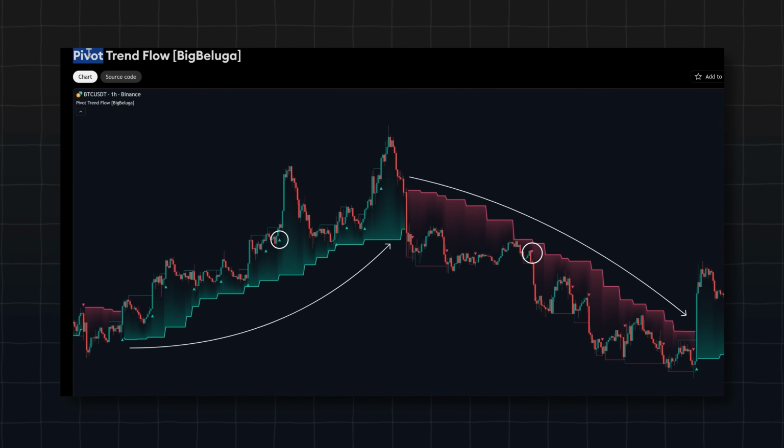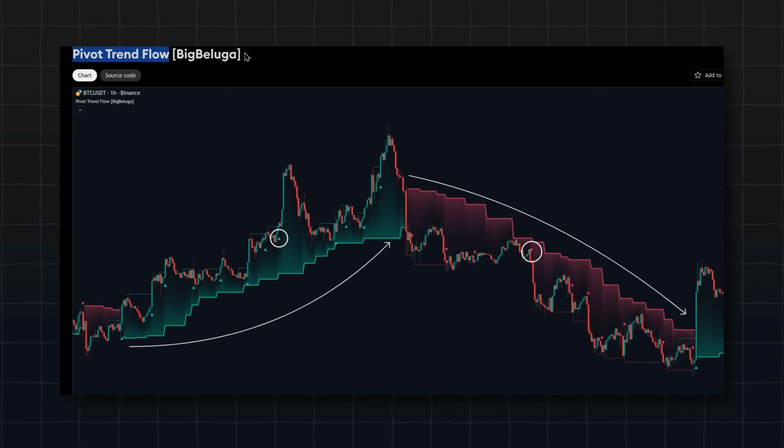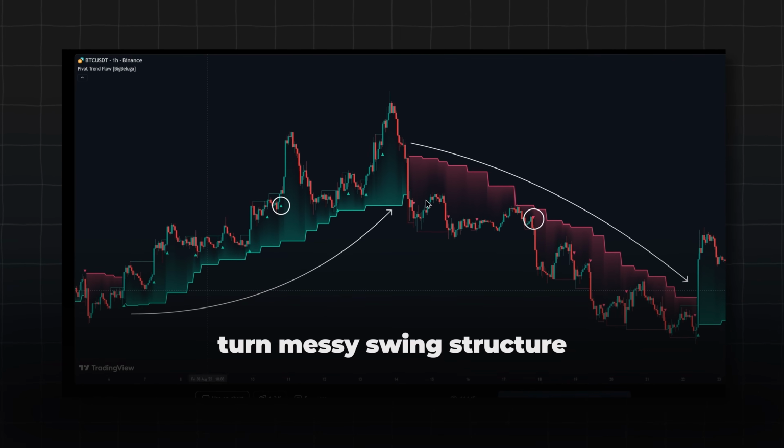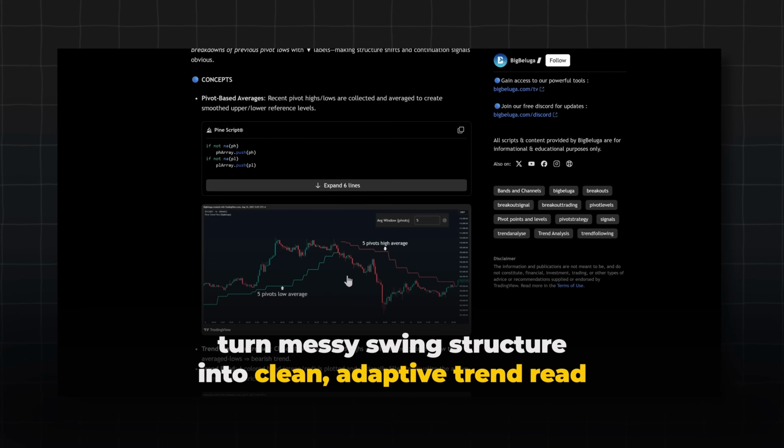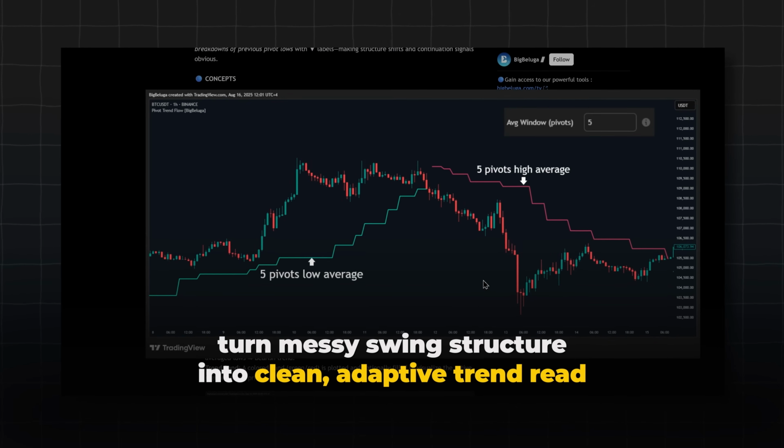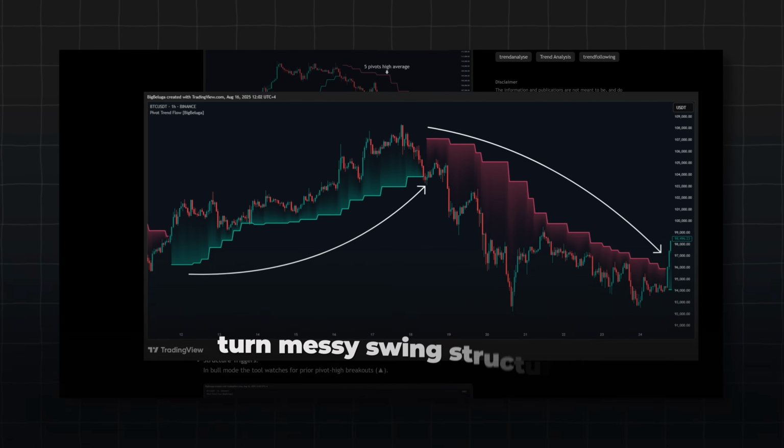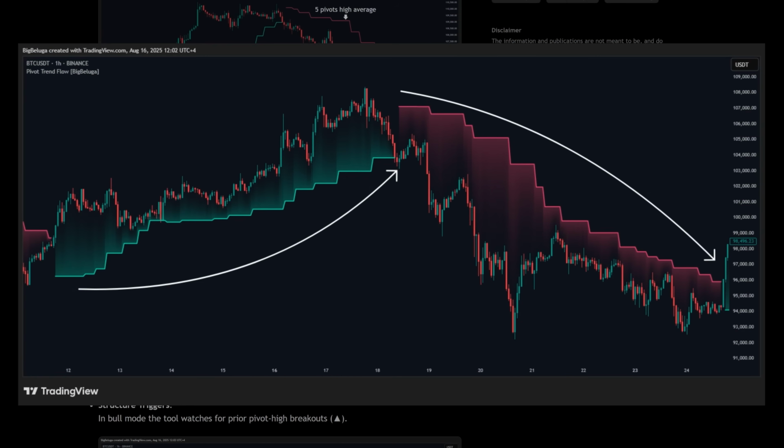The Pivot Trend Flow by BigBeluga is a tool you can use to turn messy swing structure into a clean, adaptive trend read that actually reacts to what the market is doing instead of getting dragged around by noise. We're going to go over what this indicator is and how you can use it in your trading,